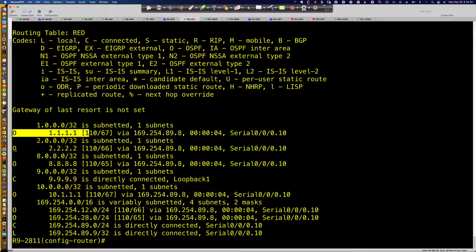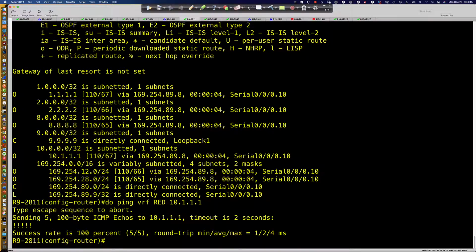I've learned intra-area OSPF routes, a route about the 2222. And then here is the VRF red network, right? That simulated loopback interface behind router 1. So we can test connectivity right now. What about a do ping VRF red to the 10.1.1.1? Boom, we've got connectivity with VRF-Lite using serial subinterfaces with frame relay encapsulation over Ethernet interfaces with 802.1q encapsulated subinterfaces,